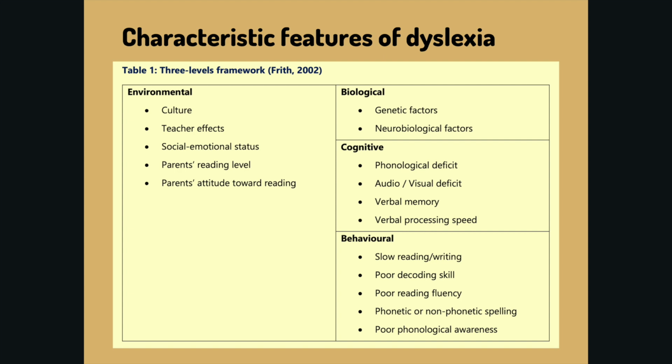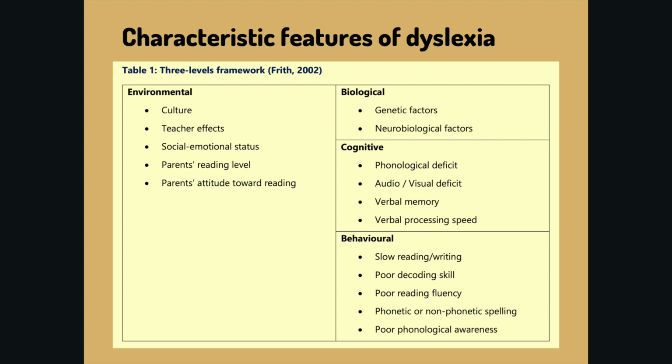These are factors, and of course there are overlaps between the different levels, and as we mentioned before, dyslexia is not a consistent kind of condition, so these signals might change over time or depending on the context in which they're observed. So clearly we can see here that there are biological factors. So we know that dyslexia is heritable and it's a neurobiological factor. We know that dyslexia is often correlated with a phonological deficit or a lack of phonological awareness, and I'll talk more about that later in this presentation.